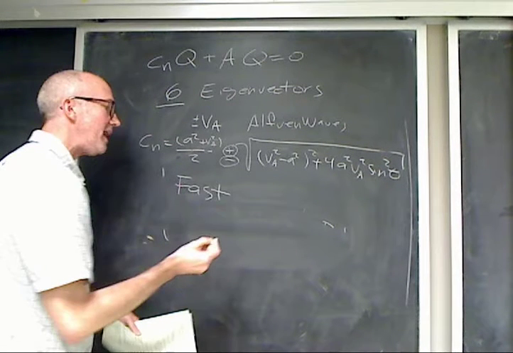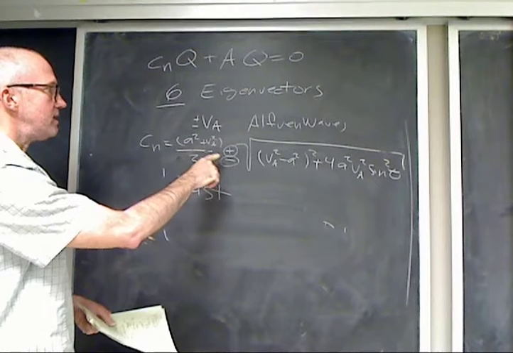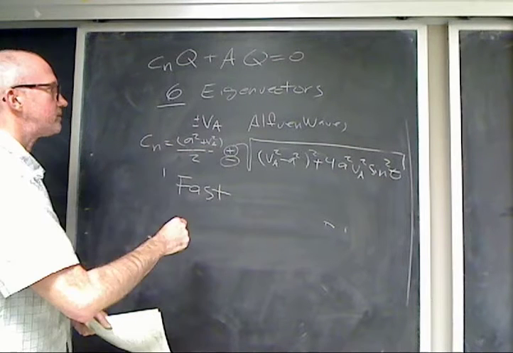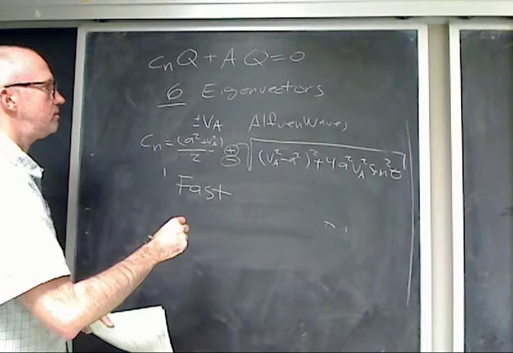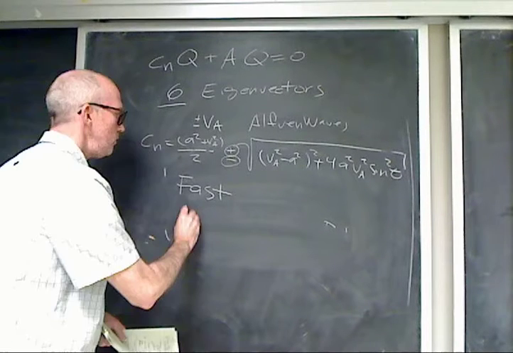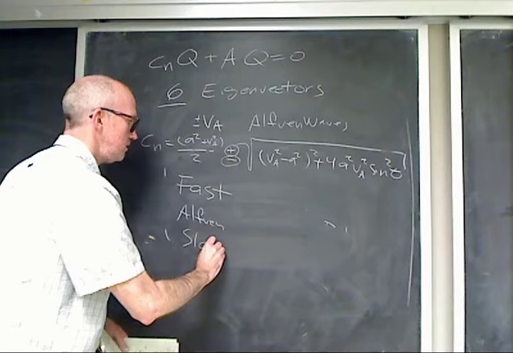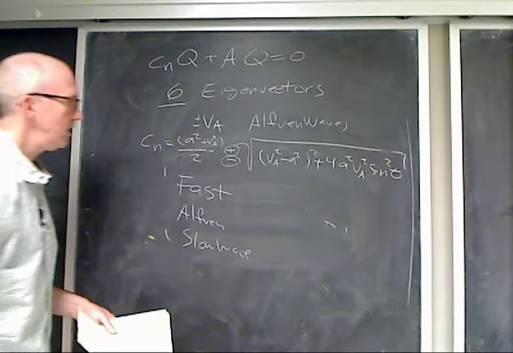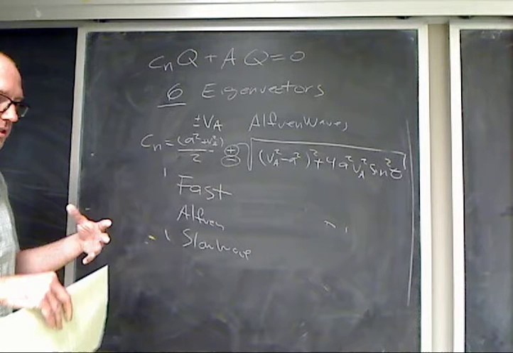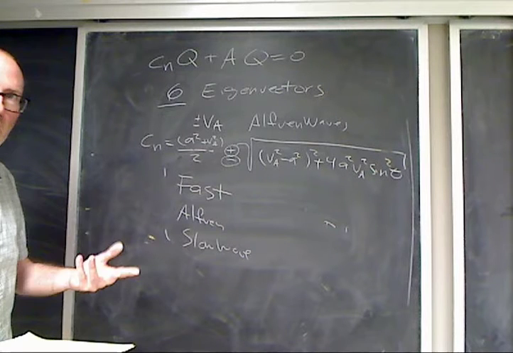The fast is always the fastest. You can tell that the fast wave is the fastest just by looking at it. It's going to go like VA plus A over 2. And then the Alfvén wave, and then the slow wave. And the only difference between the fast and the slow wave is: does the acoustic part of the disturbance make the Alfvén speed higher or not? So,